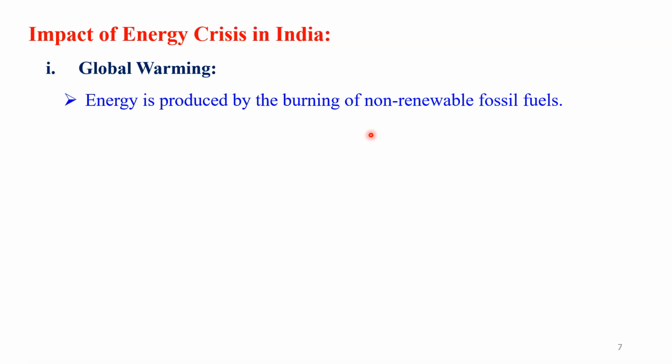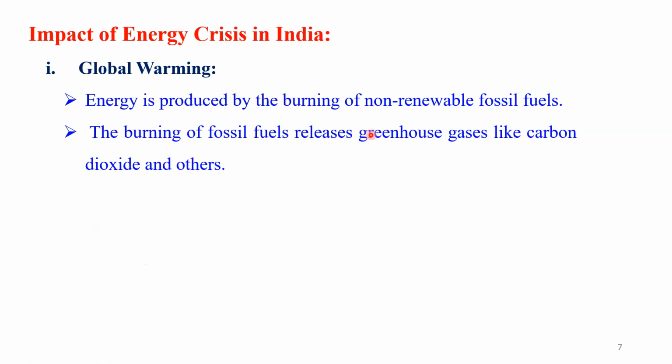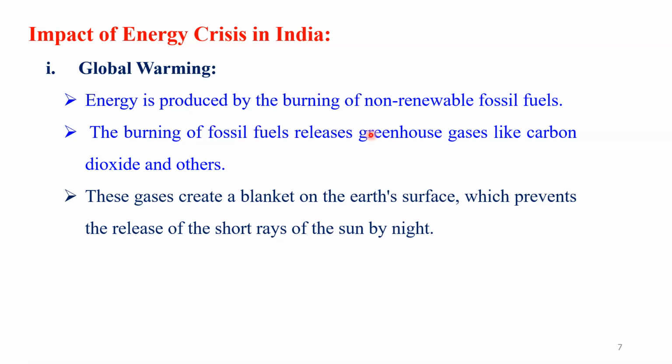Principally, the burning of fossil fuel releases greenhouse gases such as carbon dioxide, methane, carbon monoxide, and others. All these gases are responsible for creating global warming in that area. Therefore, this is a very important impact that we observe due to the energy crisis in India. Dear students,